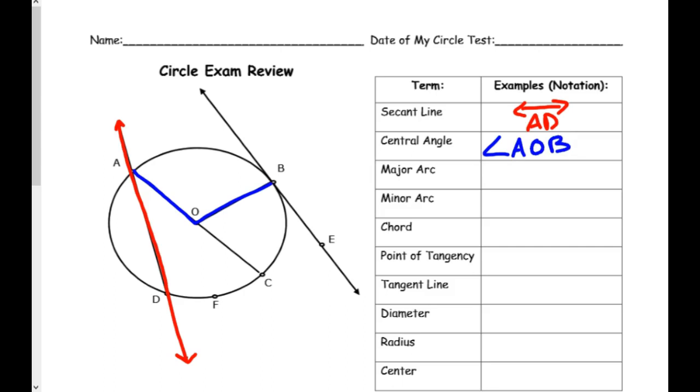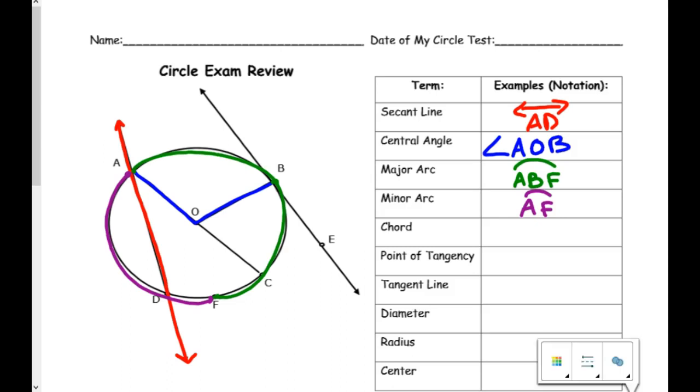A major arc has to be more than halfway, so from A to B, past C, all the way to F. That would be A, B, F with an arc on top. A minor arc would be less than half, so like from A straight to F, AF, and remember, it's got to be two letters to be a minor arc. And a chord,